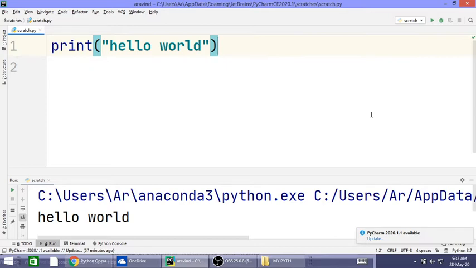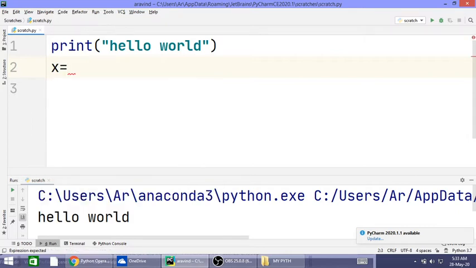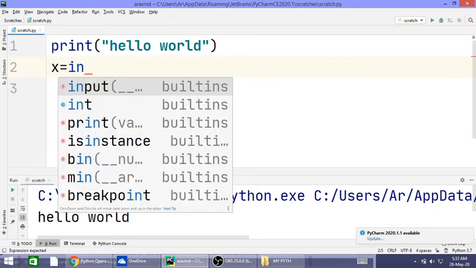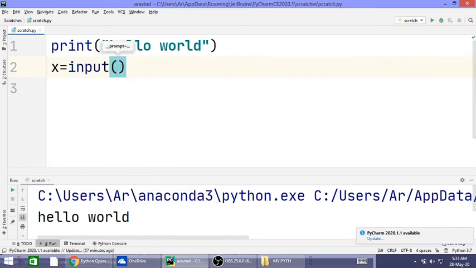Print is the statement used for displaying output. What is the statement we use in Python to take input? That is the input command. We have to type, on the left side, the variable name which you want to take input into, and type input here.